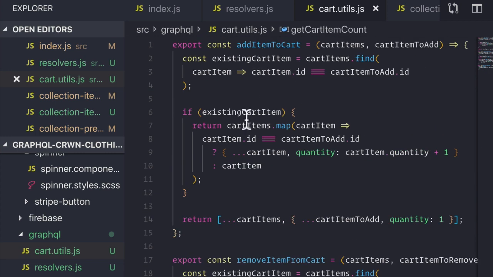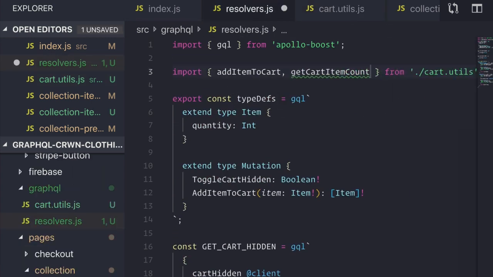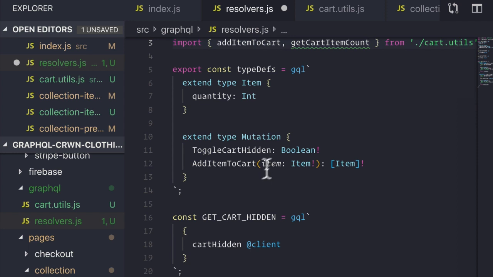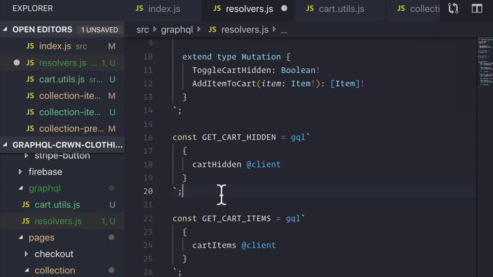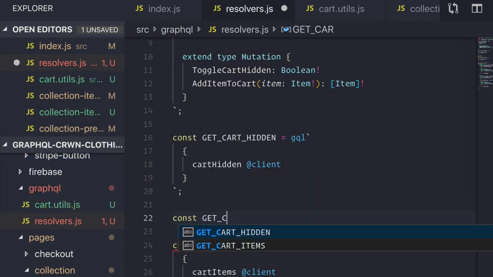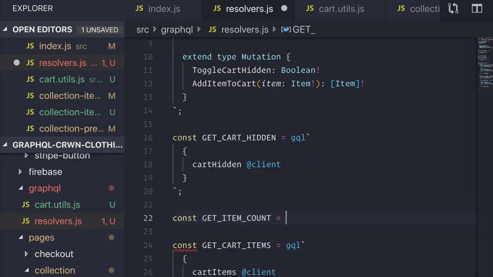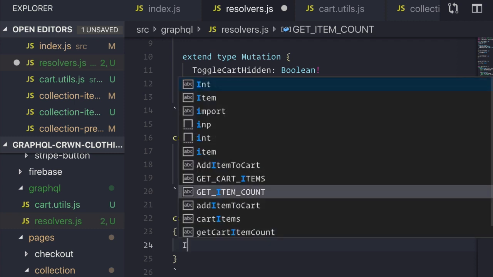So now we're just going to copy this over into our resolvers. And then we're also going to add in this value as a query. So we're going to say const getItemCount is equal to gql. And as you expect, it's just going to get the item count